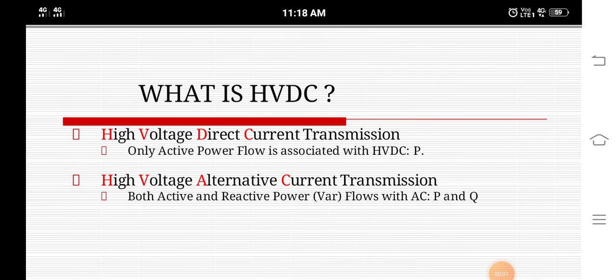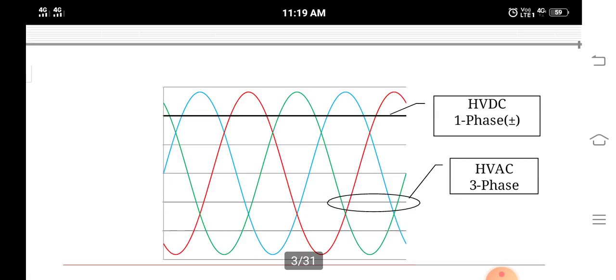Okay, let us see the introduction of HVDC. Modern DC power transmission is a relatively new technology, which made a beginning in the year 1954. I said this to you very first, but you didn't see it on my PPT screen. No problem. Let us see the comparison of AC and DC transmission of power.